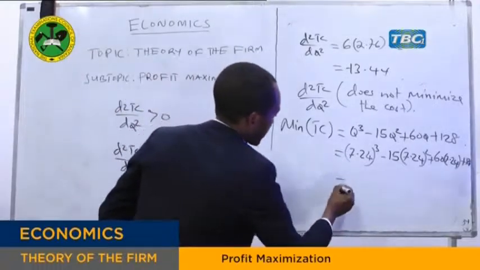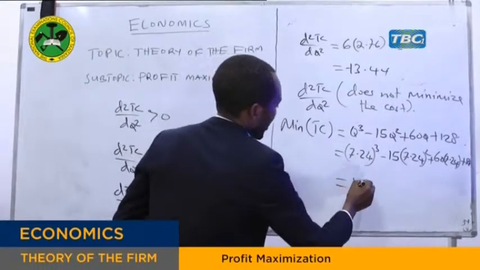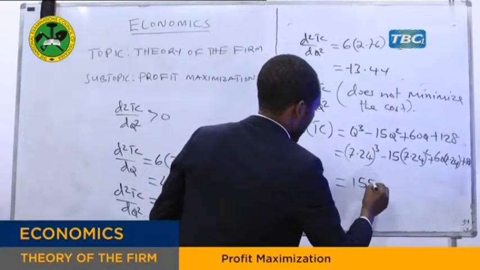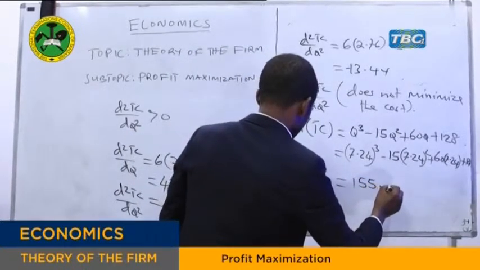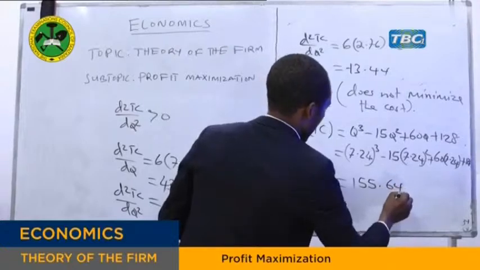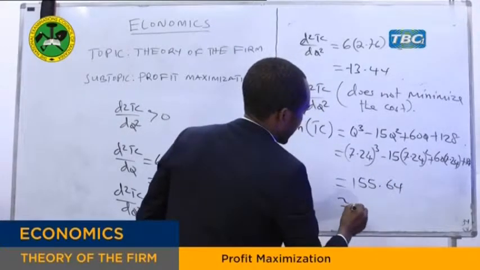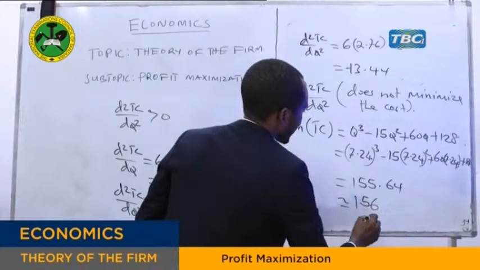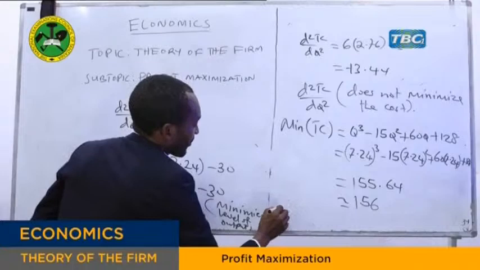The result will be 155.64, which is approximately equal to 156. So the minimum cost